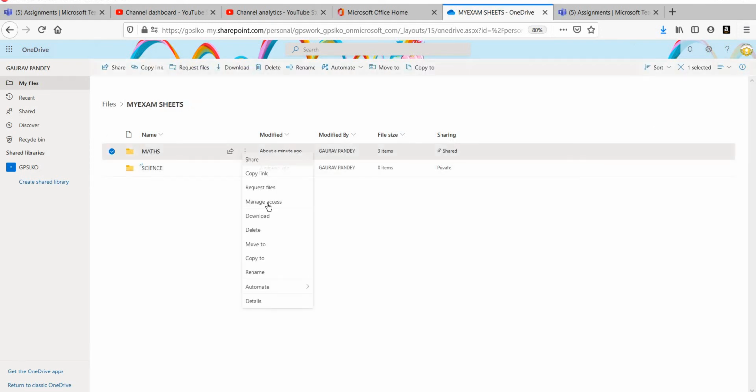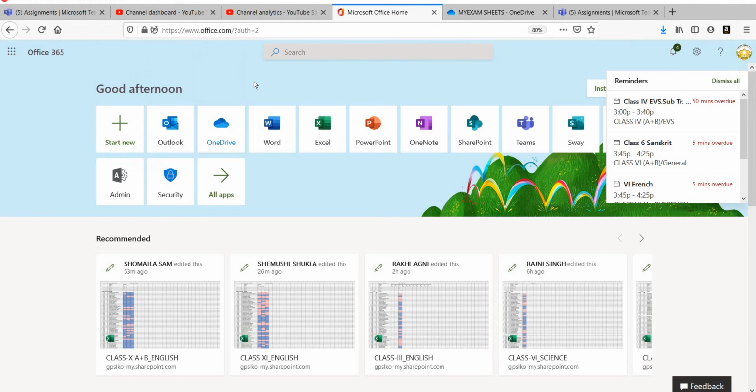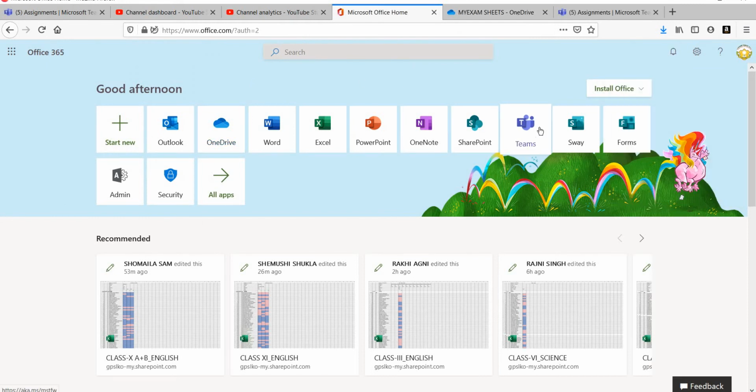Right-click and go to Manage Access, or if you are not able to find the manage option, then you can share a copy link. Go to the copy link option and then go to Teams.